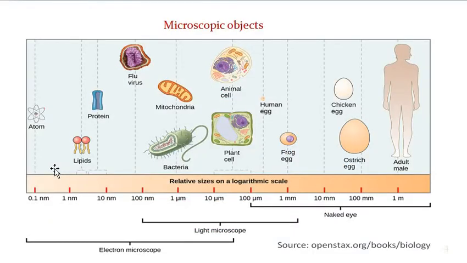Look at this slide. There are many objects which are microscopic in size. Cells and their molecules are measured in micrometers or nanometers in size. The things that are less than 0.2 millimeter cannot be seen with our naked eye, and you can see here that animal cells and plant cells are too small, which can be seen only with the help of a microscope.